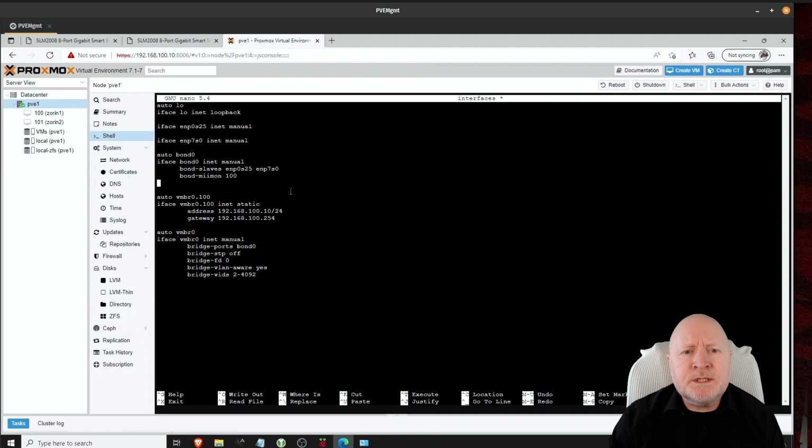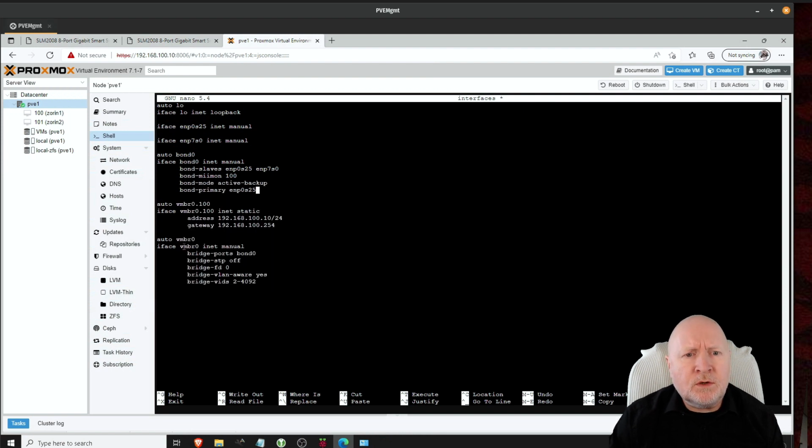Now, the most common reason for binding two interfaces together like this is to give us network redundancy. In other words, even if a network switch or a cable actually fails, we still want Proxmox and its virtual machines to have access to the network. So to do that, I'm going to copy and paste 2 lines into this configuration just to finish off the